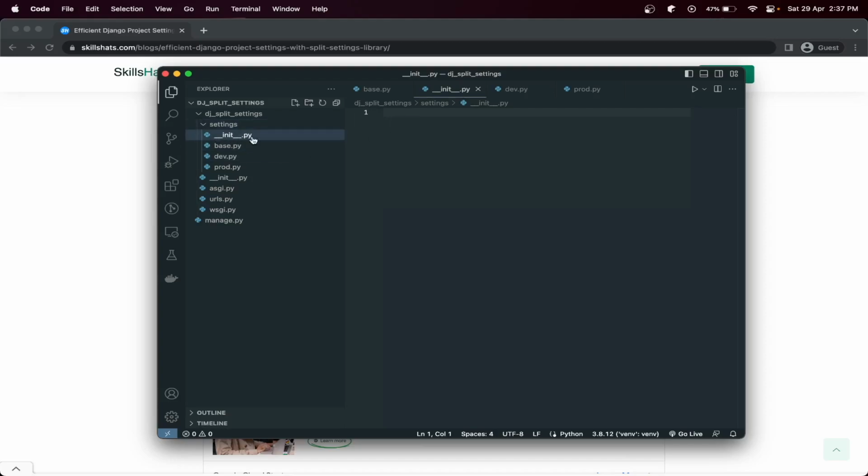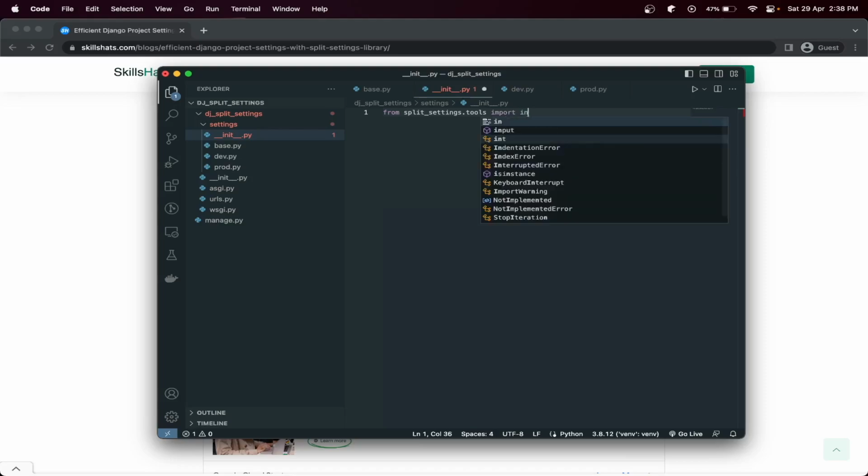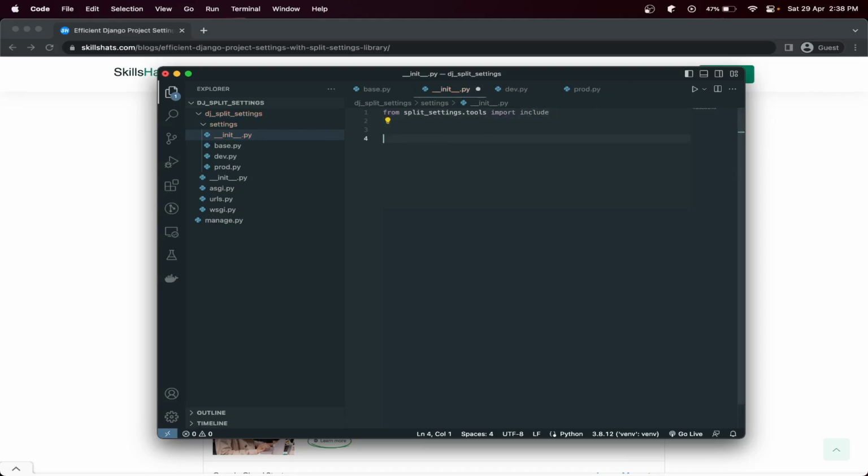In our init file, first let's import split settings tools, and there is one method called include. This method will be used to include the files that we need, right? So first we will include our base.py file, right? Let's include that,